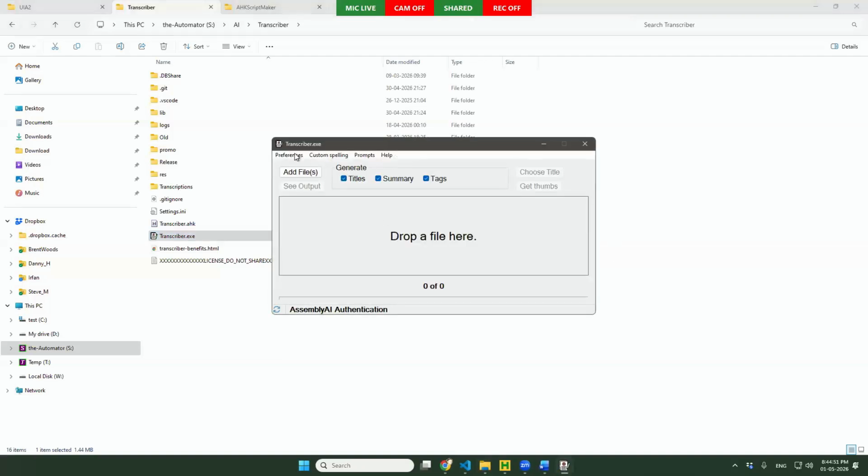So we have two GUIs, the main GUI and the preferences one. Share your screen. Okay, let me run the transcriber first. So we have this transcriber, and it has two GUIs. Oh, it's taking time for authentication.